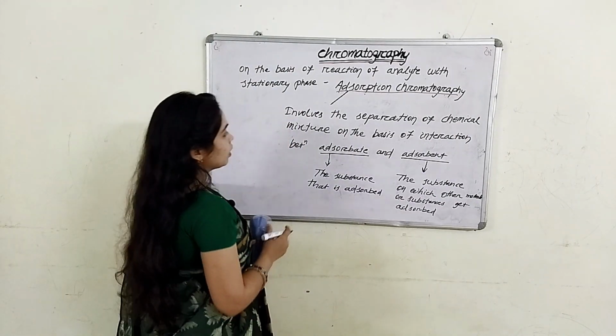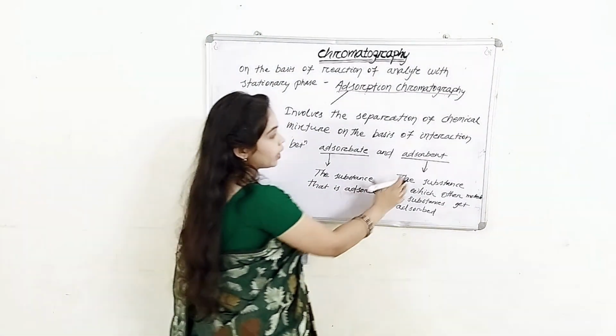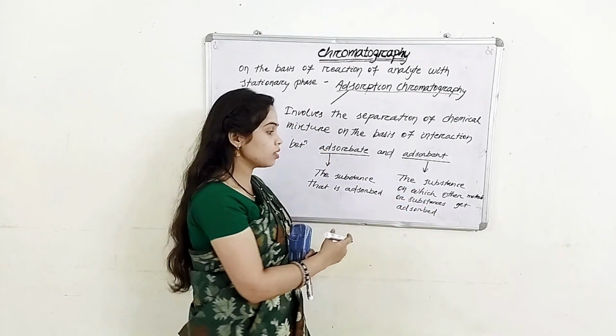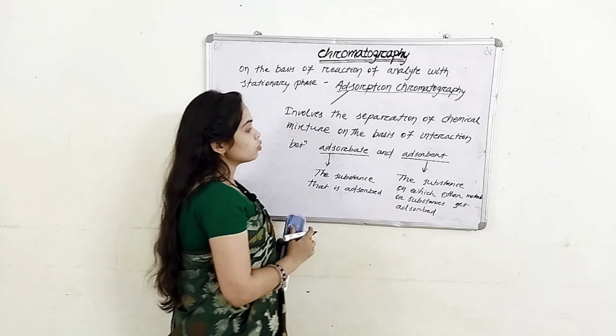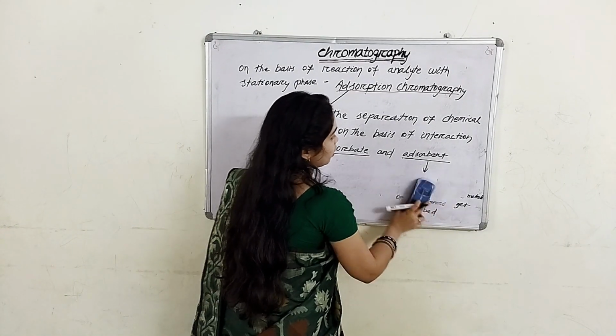So, adsorbate is the substance that is adsorbed and adsorbent is the substance on which other molecule or other substance get adsorbed. So, in this adsorption chromatography,